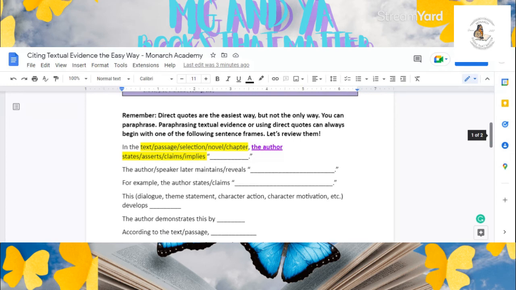Make sure that you keep them handy. You can always add to them. I've just generated a basic list for you to get started, but you can also use Google for Good, and you can go online and you can type in sentence frames for writing, sentence frames for textual evidence, and you can see that a lot of this work has also been done by fabulous educators who provide resources and scaffolds for their students on a daily basis.